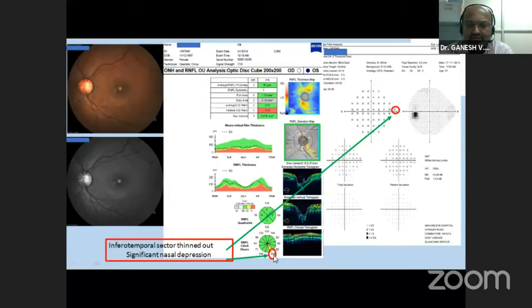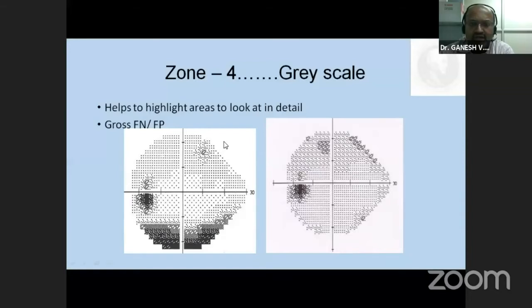So for example, here you can find that the visual field looks very good. It has a visual field index of 100%, mean deviation of plus 0.26, but you have a small inferior RNFL loss, if you can make it out in the fundus photograph, and the sector map shows a defect. And this corresponds to the nasal depression of 27 decibels, which you see in the upper area, whereas the other points are all above 32. So if you are keen to look at the visual field, you can pick up these subtle changes and also correlate them clinically. Grayscale helps you to identify gross defects, false negatives, false positives, and also explain to the patient what exactly the field defect is.